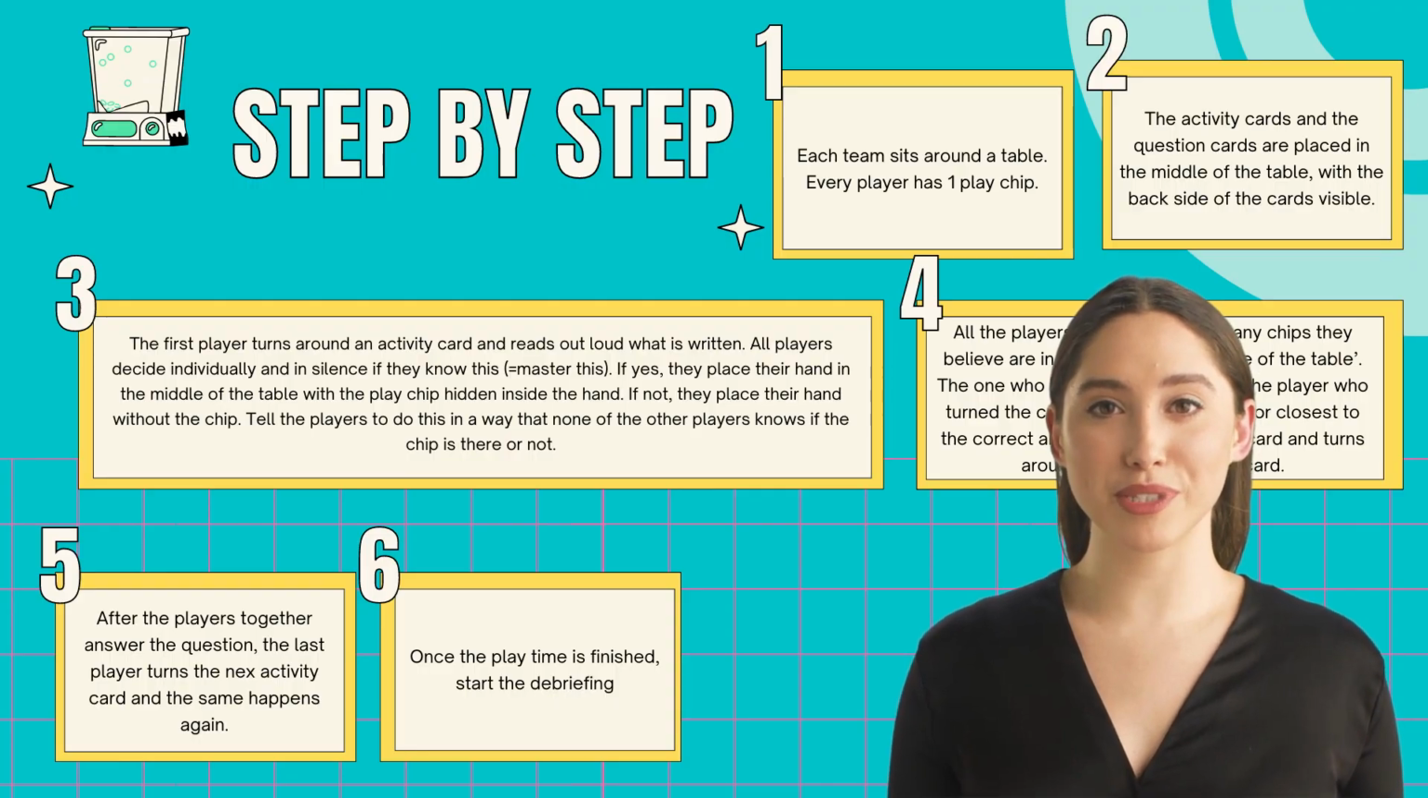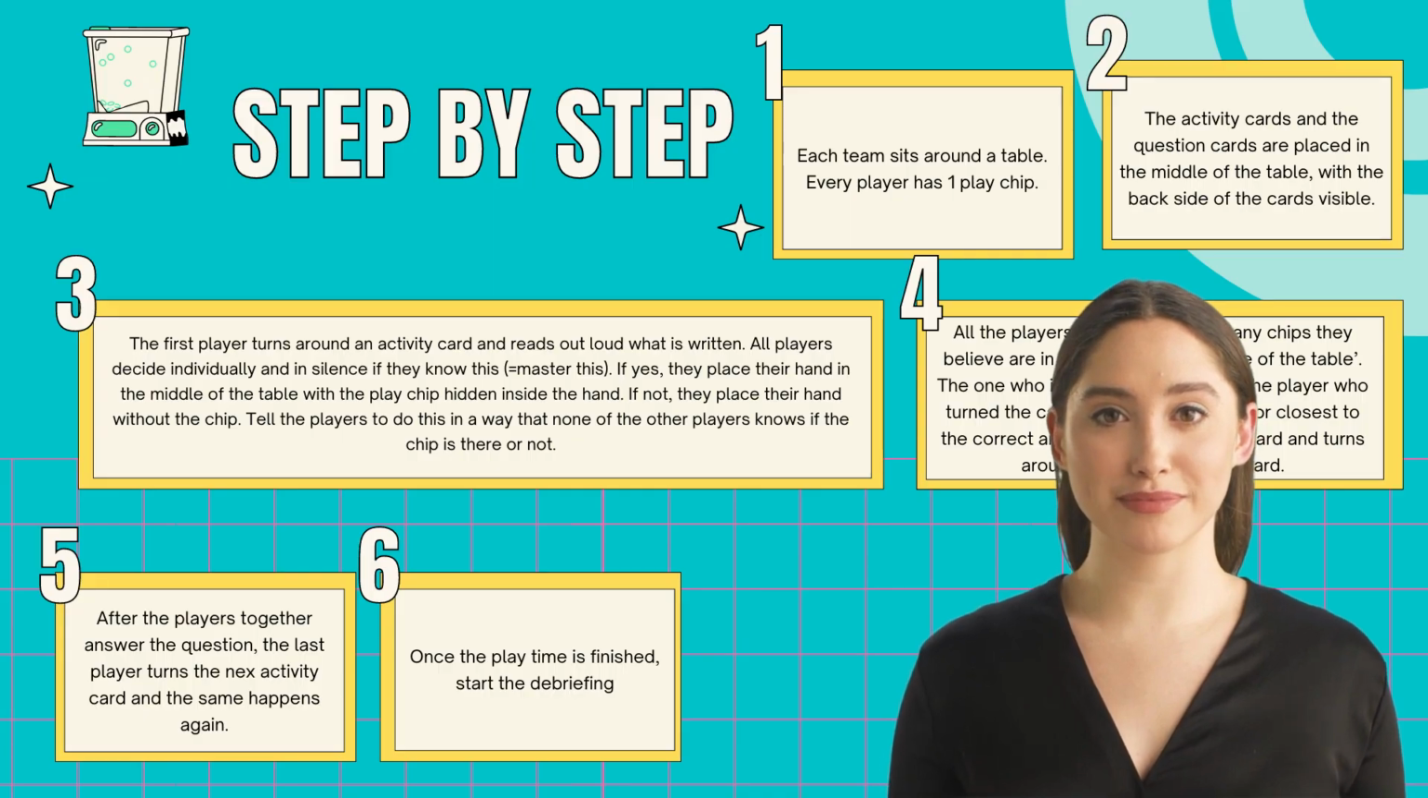If yes, they place their hand in the middle of the table with the play chip hidden inside the hand. If not, they place their hand without the chip. Tell the players to do this in a way that none of the other players knows if the chip is there or not. All the players now guess how many chips they believe are in the hands in the middle